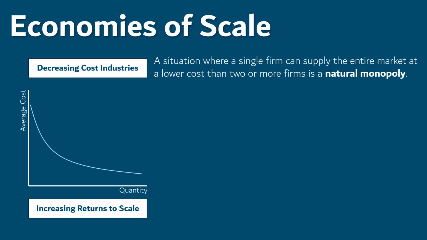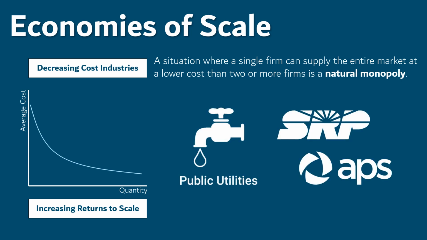Increasing returns to scale means that as we scale up and produce larger quantities of a product, we're able to take advantage of cost-cutting measures only available at large scales, which drives our average costs down. The most extreme version of this is when those average costs keep falling forever, which means the larger a firm gets, the cheaper it produces each unit for. We see this with public utilities, electric companies, gas companies, internet companies, and so on. A single firm is able to provide the product cheaper than two or more firms could.